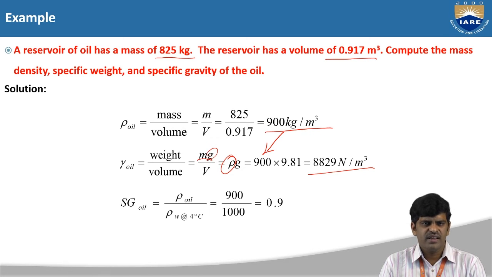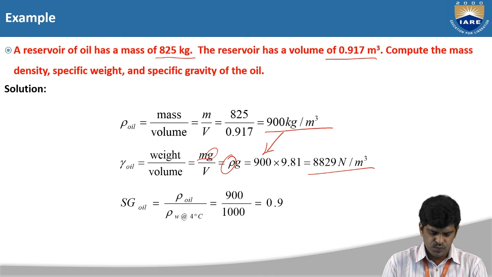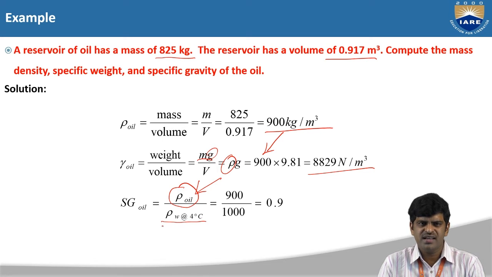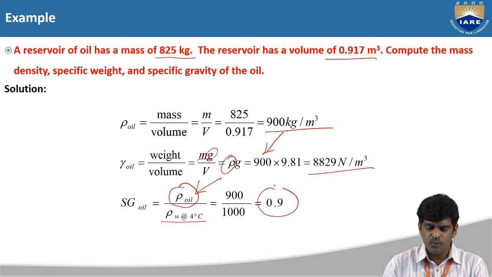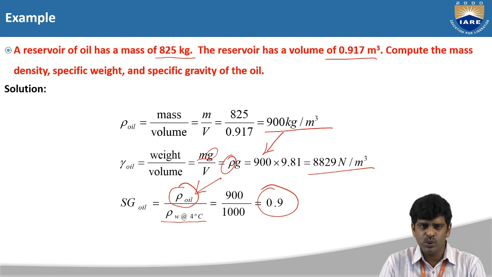So here the given liquid is oil. So the mass density of the oil over the mass density of the pure distilled water at 4 degrees centigrade. From the above values we know the mass density of the oil, and the mass density of pure distilled water at 4 degrees centigrade is a universal value, taken as 1000 kilogram per meter cube. Therefore we get a numerical value of 0.9, which does not have any units, since we take the ratio of two densities. In such a way the values are estimated from the known values.